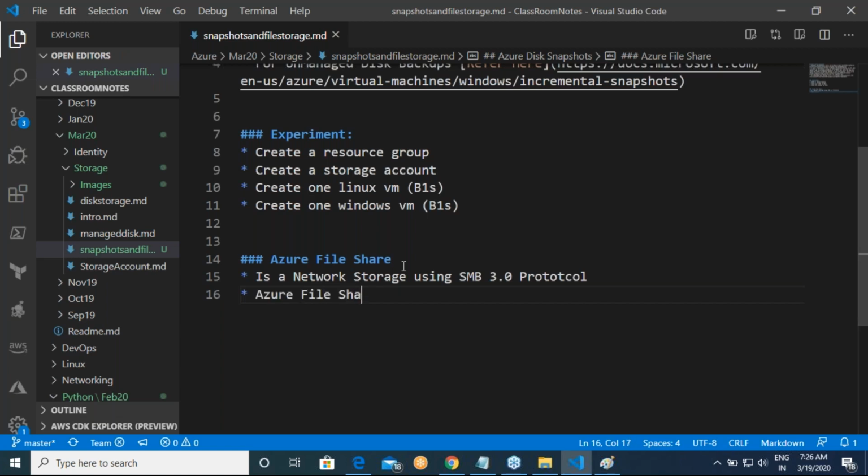Azure file share can be mounted within Azure and for on premises.